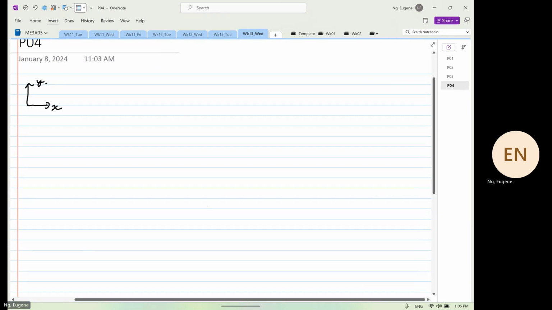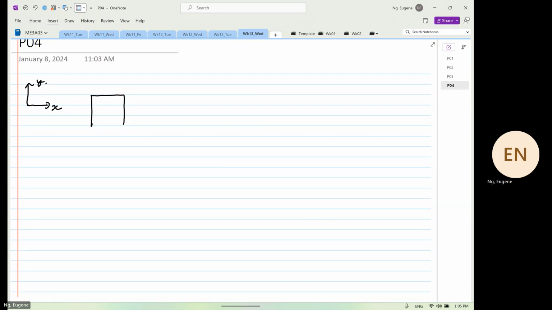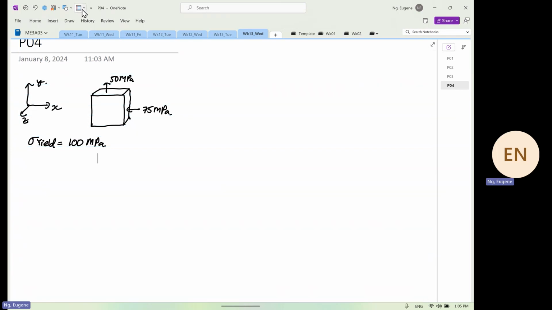Again, we have a box down here. And now this one has 75 megapascal, and then it has 50 megapascal. Sorry, I'm going to do this in 3D again. And again, the same thing, the yield stress is equal to 100 megapascal. And if we were to sketch this using Tresca criteria again,